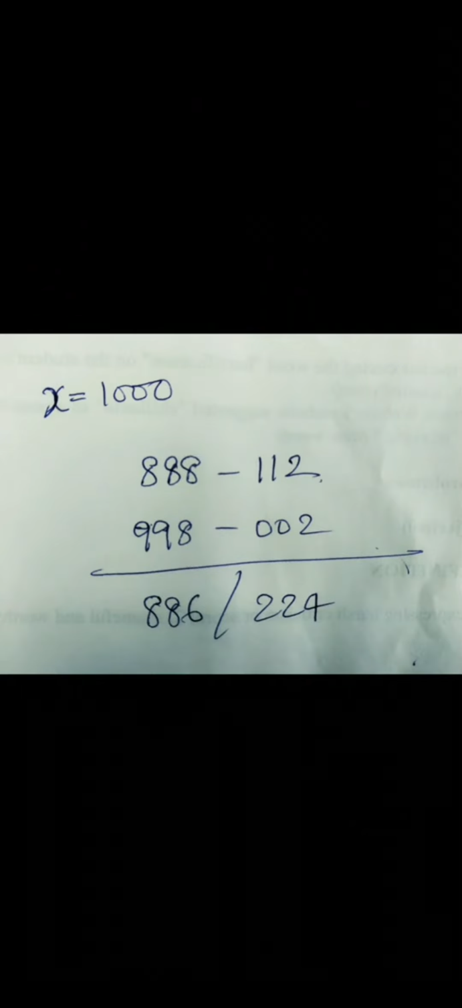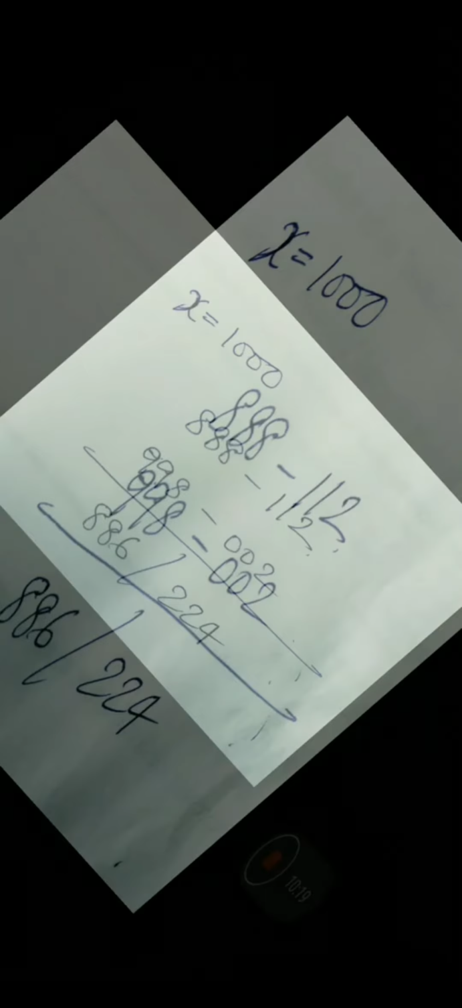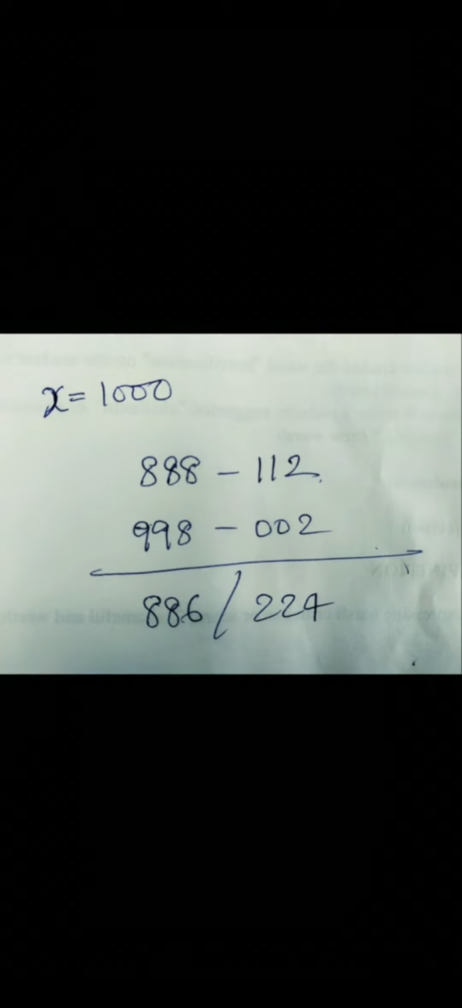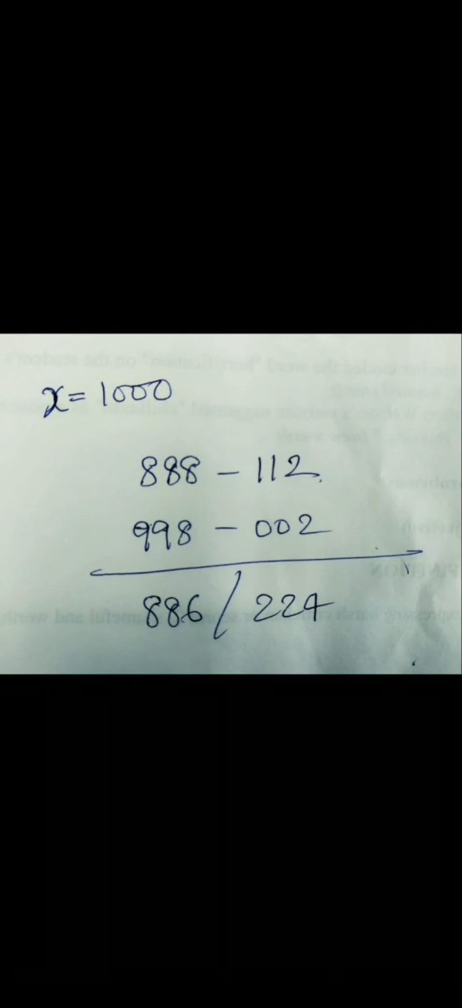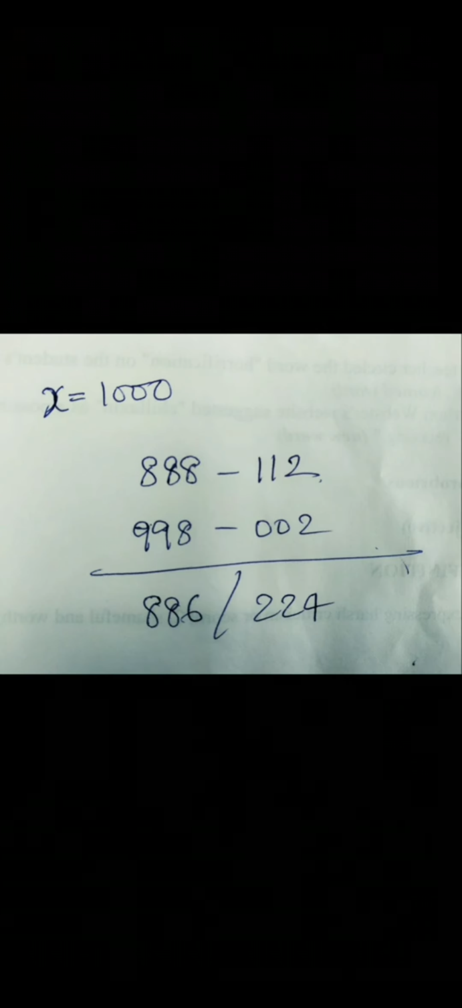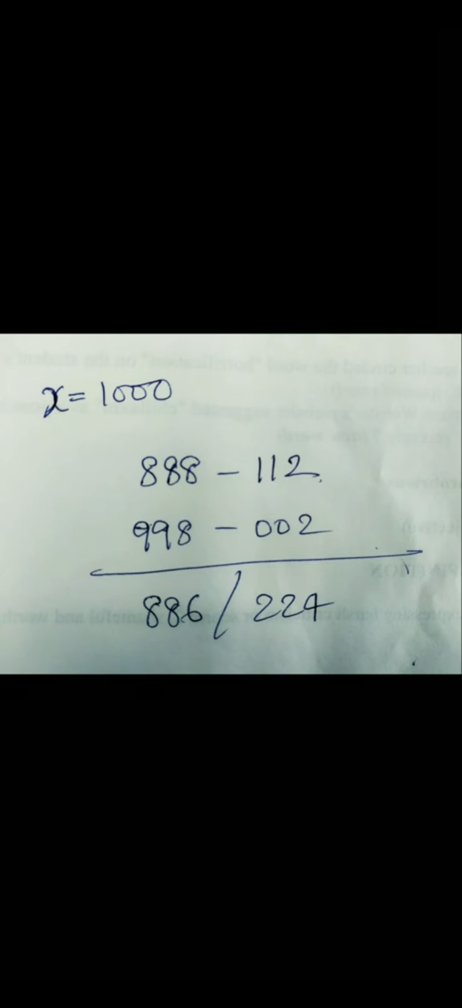So now let us step up this thing and extend further just to prove that you can do much higher multiplications. 888 into 998. The differences are 112 and 2. So we get 886 and 224 in